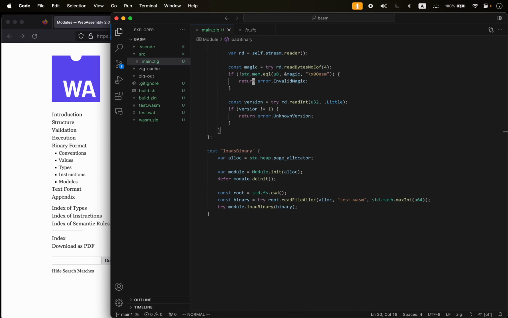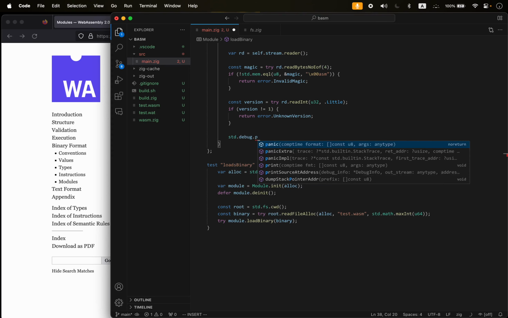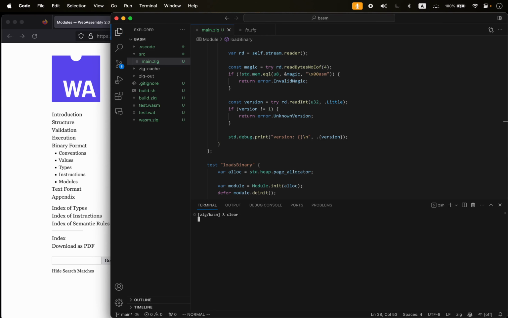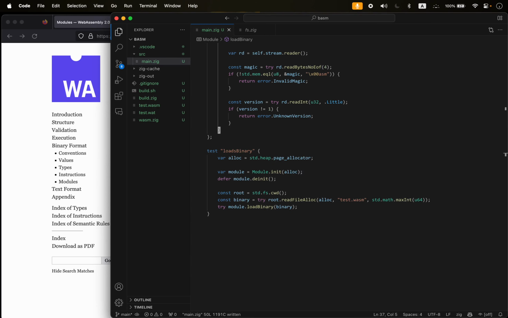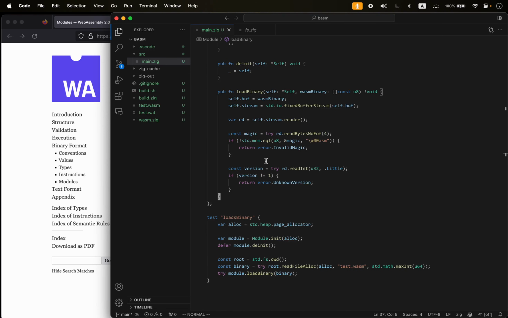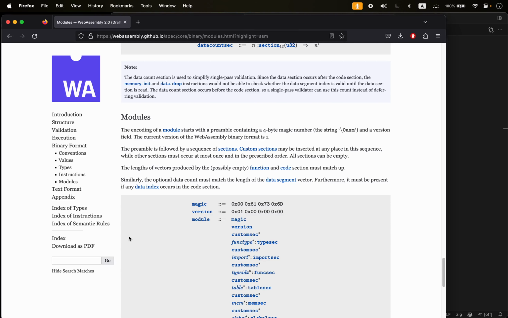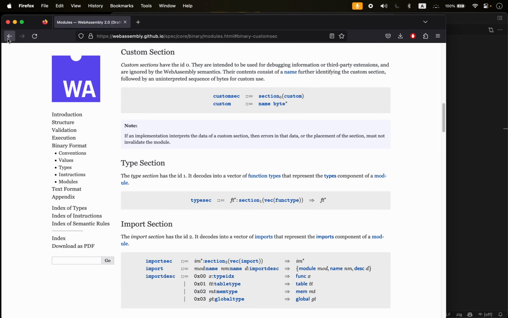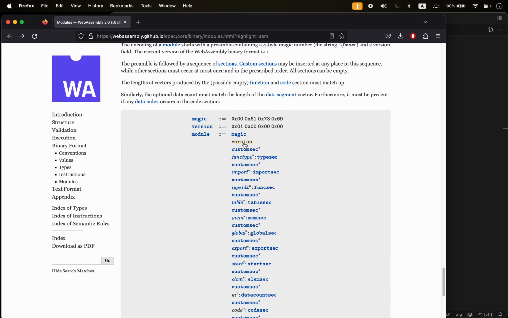Now let's add some little debug printing just to make sure. That's exactly what we wanted to do. All right, cool. See, Copilot's okay in some cases, but not every case. But there we go. So now we have our version number and our magic being read, and now we have a module, which is going to be a bunch of sections, one after another. And so a section